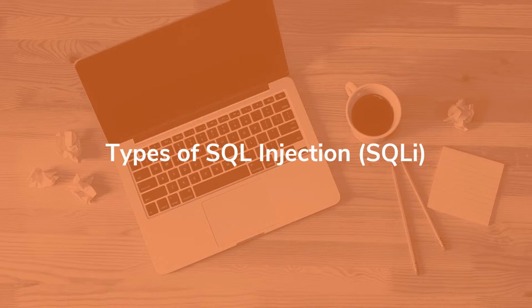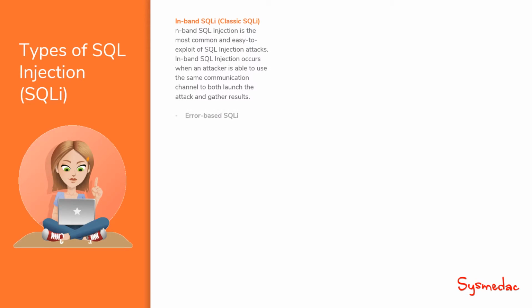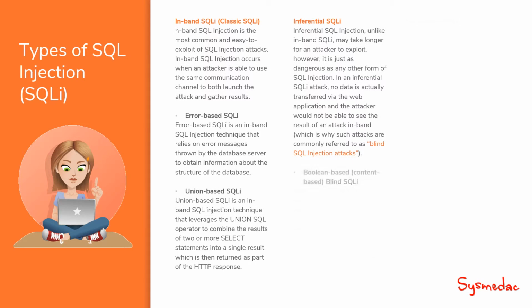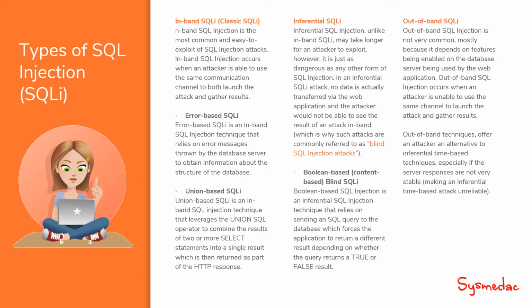So, what are the types of SQL injections? Let's see. There are three major types of SQL injection. The first one is in-band, the second one is inferential SQL injection, and the third one is out-of-band SQL injection. The in-band has the common classic method where you put a quote in a website URL and it redirects and shoots out an error. And then you have the union-based method, where the union SQL operator is used to combine the results of two or more select statements into a single result,